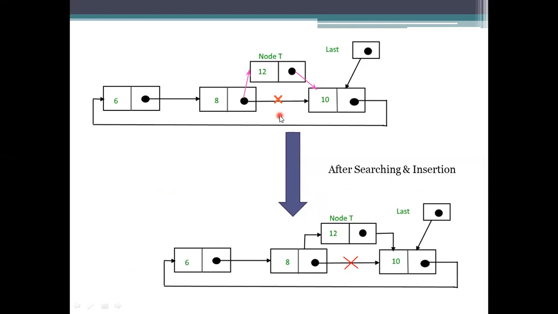So here you just need to know where you need to add it. Where you need to add it, just specify the before pointer as P here. The pointer you are using here is considered as 8. P is 8. So 8's next will be taken as T's next, and then P's next will be pointed to the T that has been added recently. So that is the insertion between nodes.